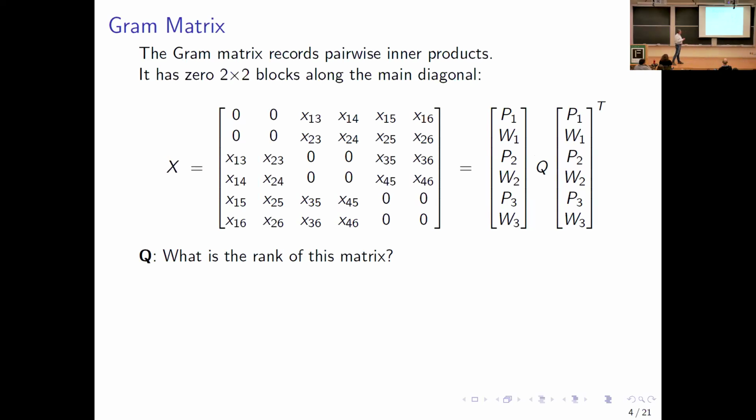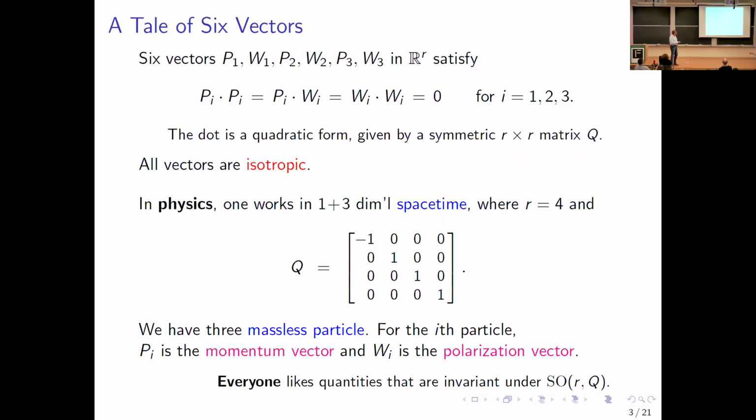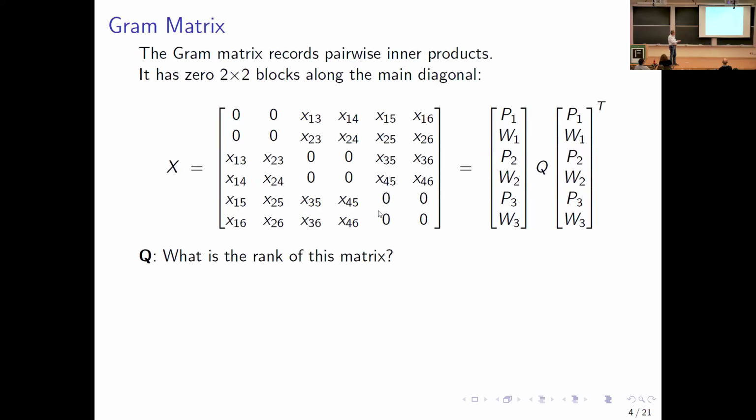Now, remember, I assume that these Pi and Wi dot to 0 with themselves. So my isotropic assumption is that I have these 0 blocks on the diagonal. So this hypothesis said I have these entries, and these entries are my second coordinate system. And those are better coordinates because they are invariant, right? So if I have these W's and P's and I rotate them around,